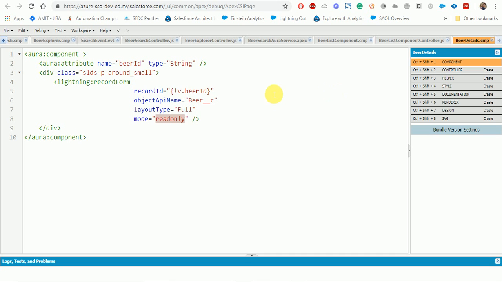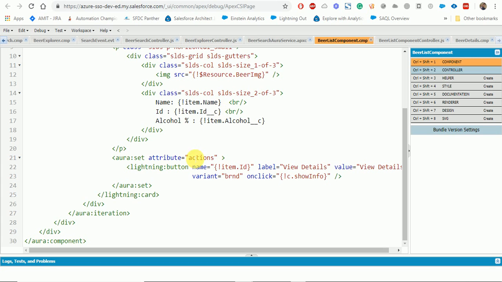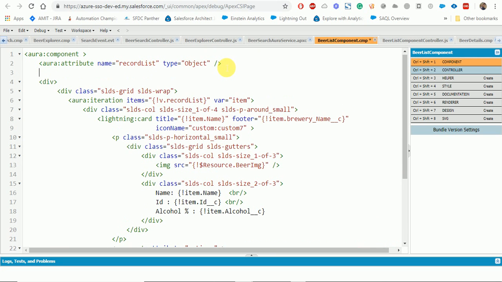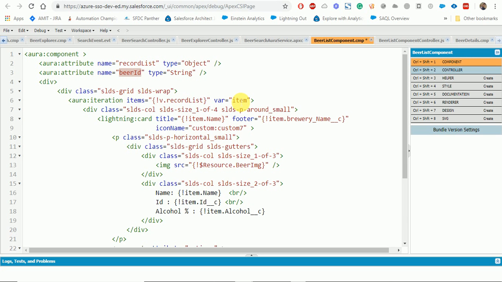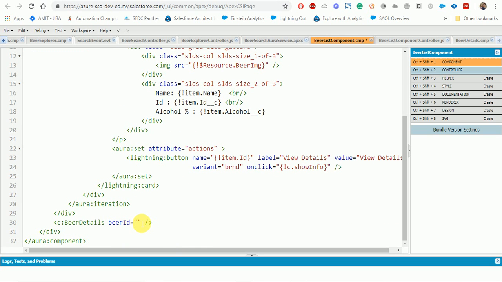So for testing purposes only, on the beer list component, we will call the method, beer ID, and here we'll create a new attribute. Let's copy and paste the same.